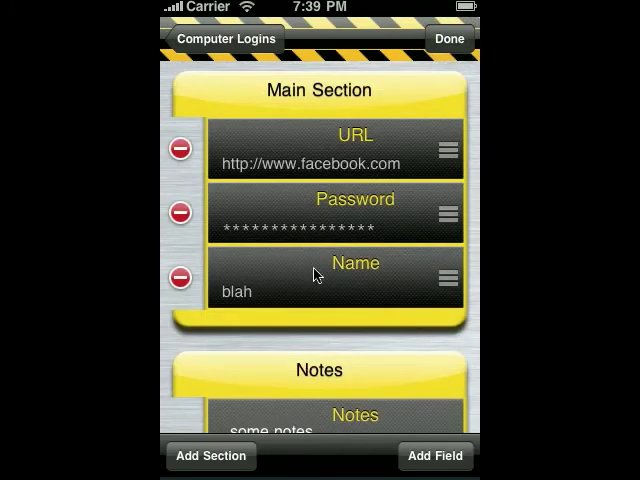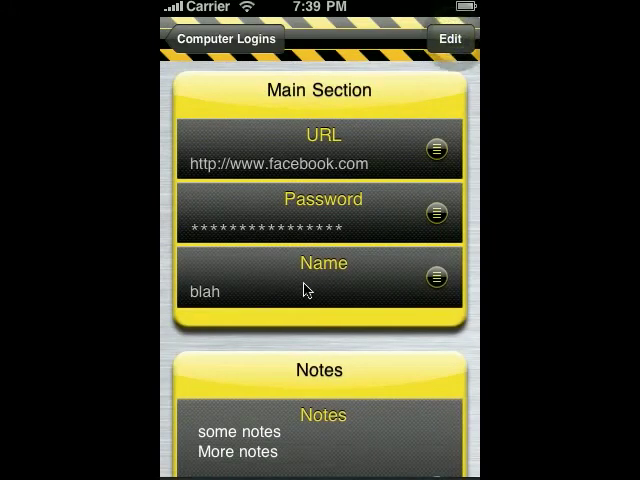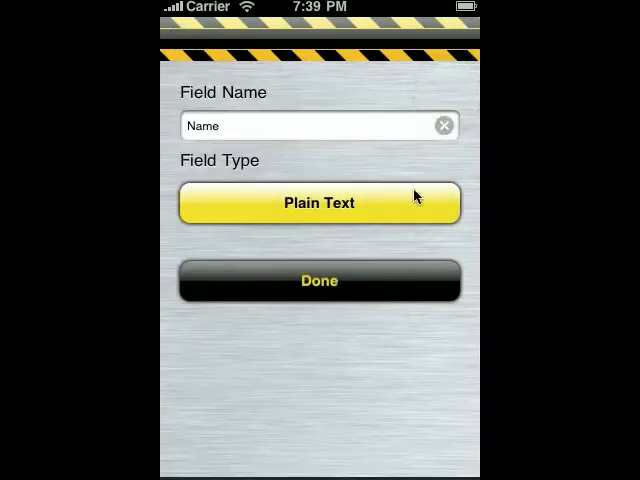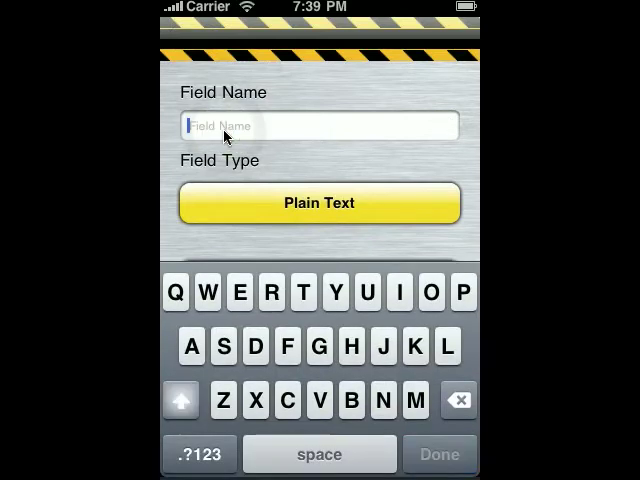So now we got this new field, but maybe we really don't want it to be a plain text type. But it looks like we're locked in it, but we're not. You just hit this I here and you're going to get more information about this one field. You can change the name. Maybe we'll call it